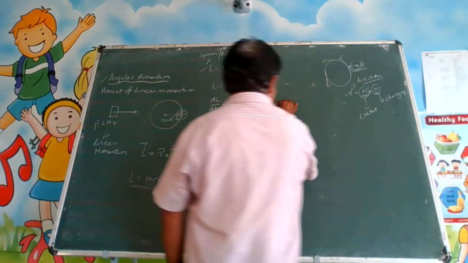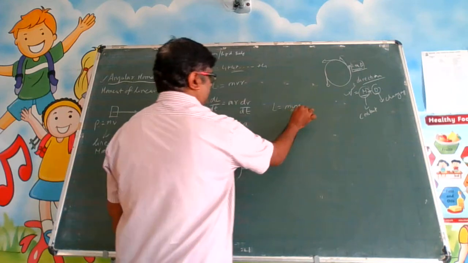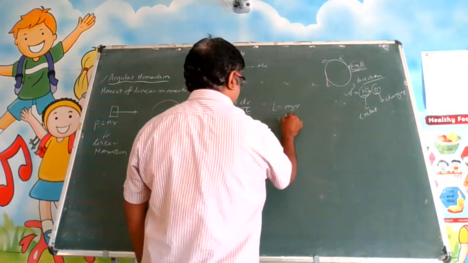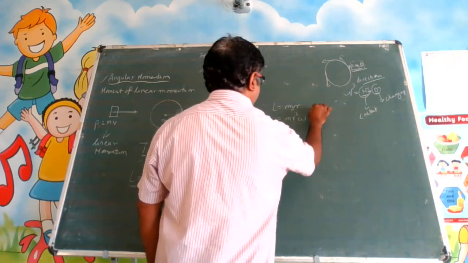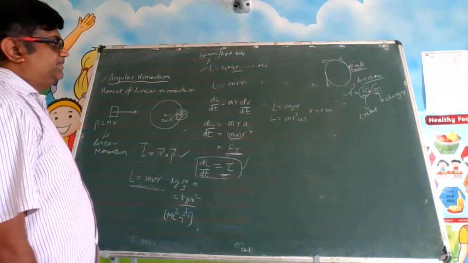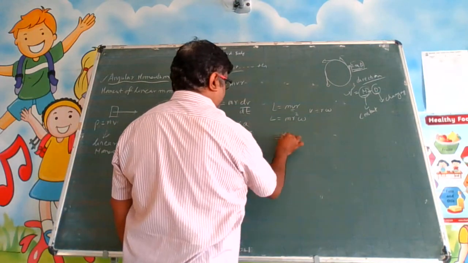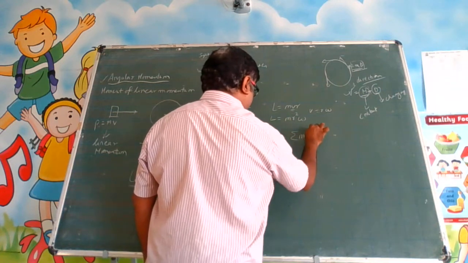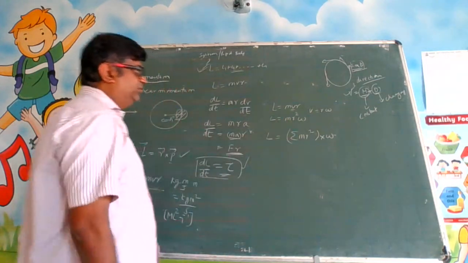Now we have got L is equal to mvr. Let us see, what is v? How can you convert v into rotational format? We can write v as r omega. So this will become mr square omega because v is equal to r omega. Isn't it? Okay. So apply sigma on both sides. If you apply sigma on the right hand side, you are going to get mr square multiplied by omega. This is the total L value.